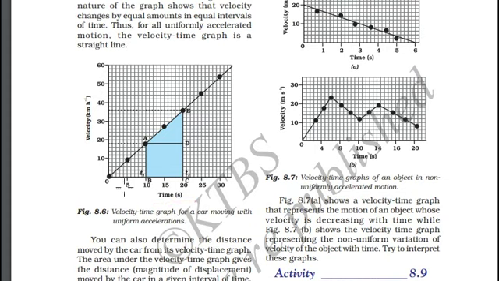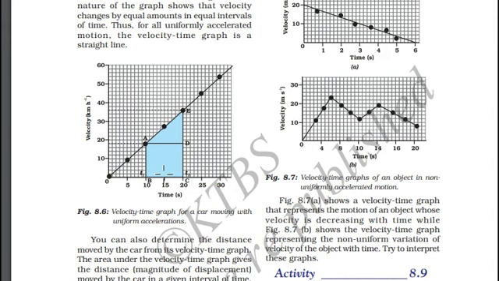You can notice at each instance of time, velocity keeps on increasing. At 5 seconds, the velocity of the object is 10 km per hour. At the 10th second, the velocity is 20 km per hour. At the 25th second, the velocity is around 35 km per hour. So, as time progresses, the velocity of the object keeps on increasing.